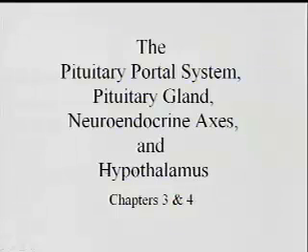as I go to the computer here, the pituitary portal system, the unique vasculature of this extravagant neuroendocrine structure. We'll look at the pituitary gland, both the anterior and the posterior pituitary, get into some details of that. And then we'll talk in general about the neuroendocrine axes, and the subsequent lecture will cover the hypothalamus, the hypothalamic hormones that control the anterior pituitary, and